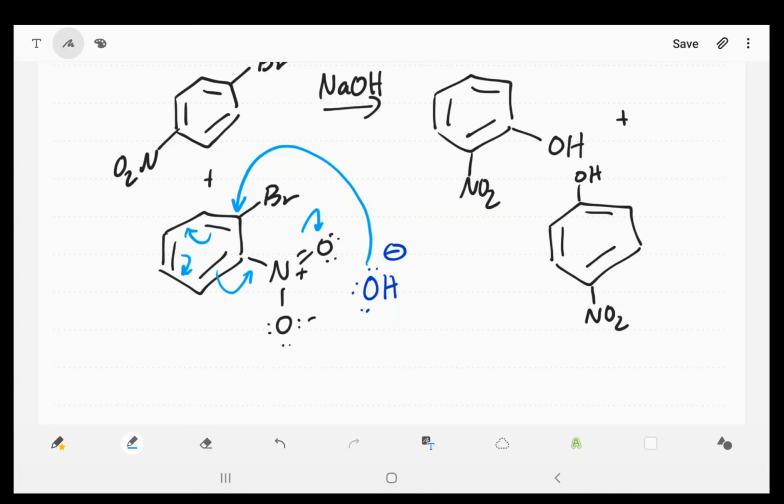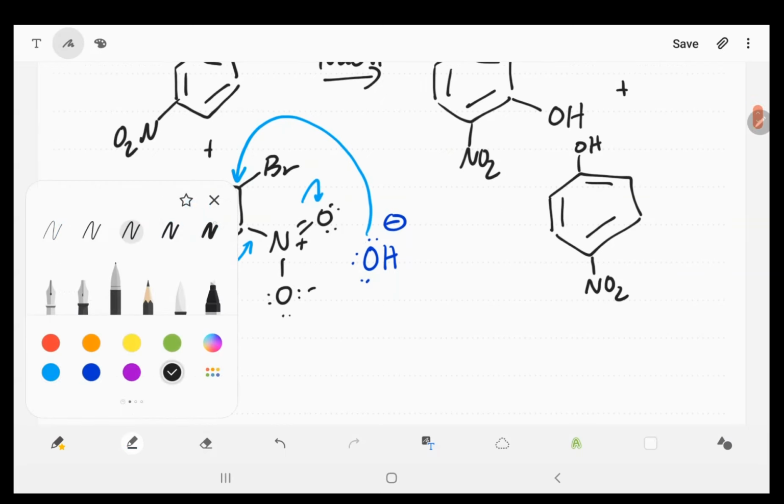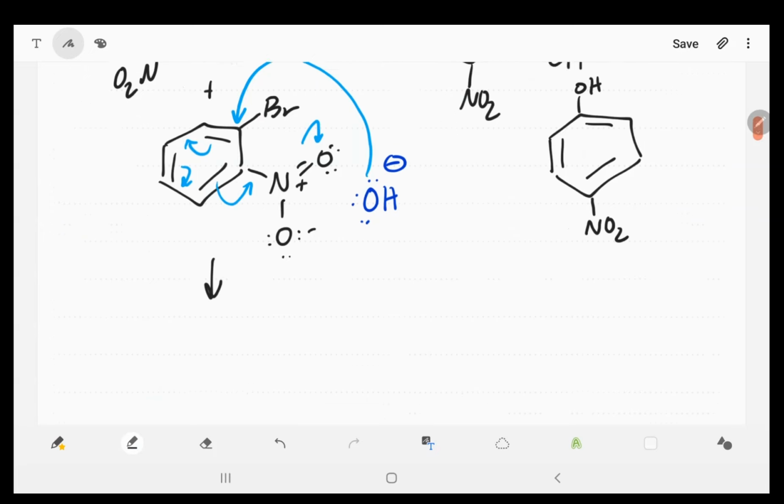So anyway, what's going to happen here is we're going to have our nucleophile come in and attack the position that has our leaving group. And so doing so,